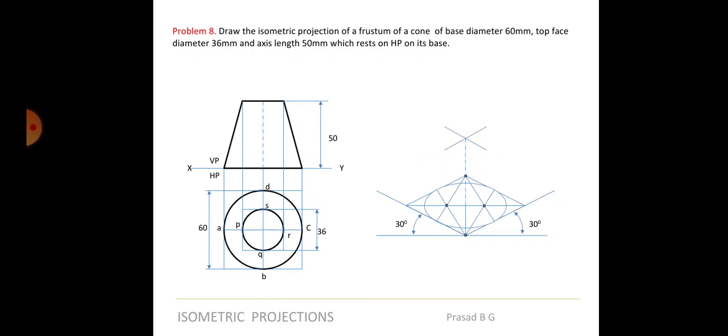I hope you got it now. So the points I've got right now are P, Q, R and S, or PQRS. P, Q, R and S is what I've got.